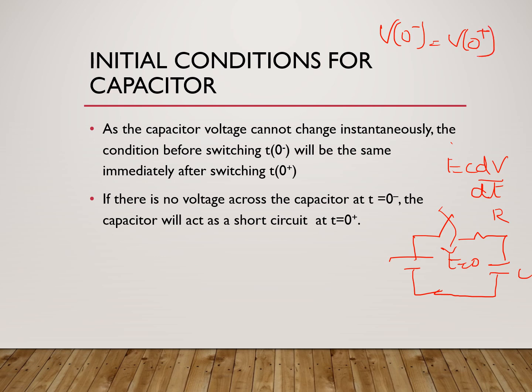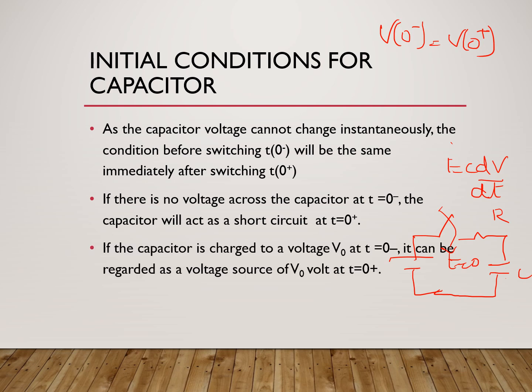So if there was no voltage across the capacitance, like in this case, if the switch was open, after some time there is no source, so the capacitance voltage will be equal to 0. If I close the switch after some time, it will just start from 0. So the capacitance has voltage 0. If the voltage was 0 at 0 minus, then at 0 plus also the same voltage will be there across the capacitance. And if the capacitance is charged to some voltage,